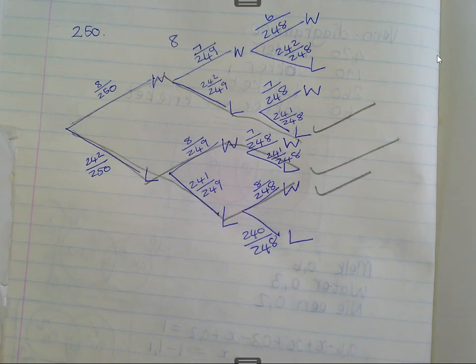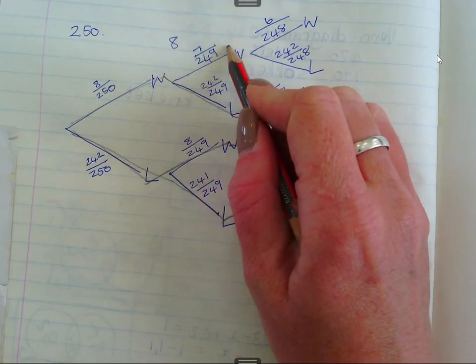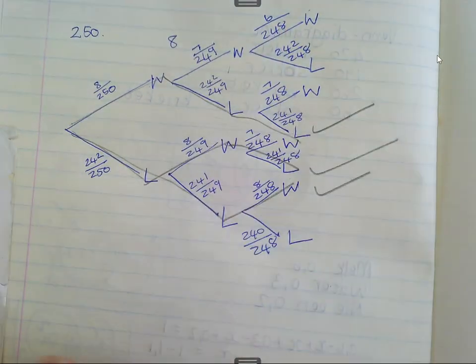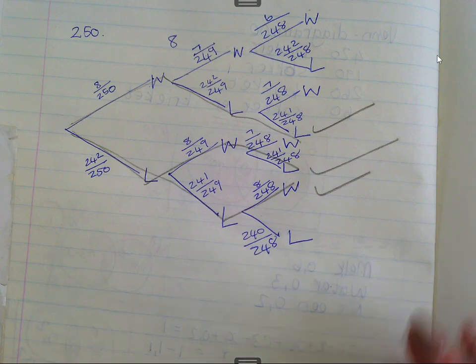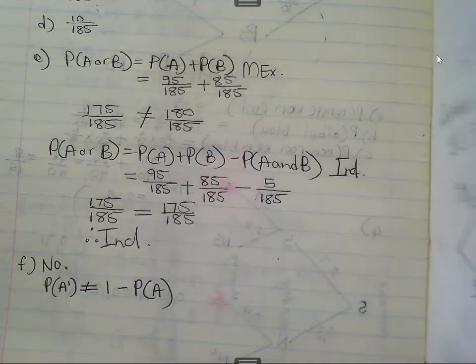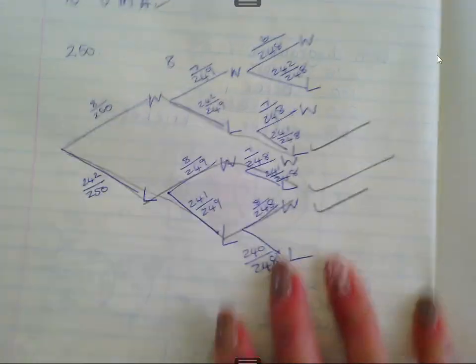The probability that he wins 3 prizes, 8 over 250 times 7 over 250 times 6 over 249 times 6 over 248. Just multiply the fractions. And if there are more than one outcomes that you want to choose, you add those outcomes. Okay, can we go on? Next one